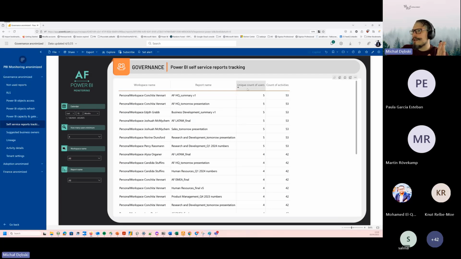So here I have the unique count of the users in the selected period and count of the activities. So if I'm doing the real Power BI governance and adoption, I can just put the numbers I want. And here I have the perfect list of the reports that should be migrated from the self-service zone to the